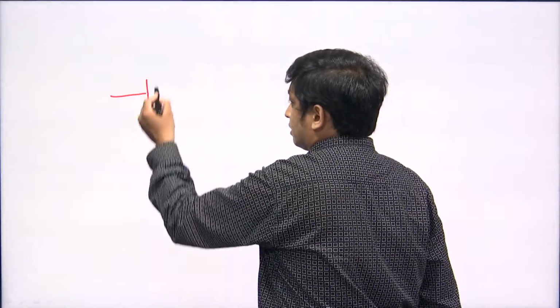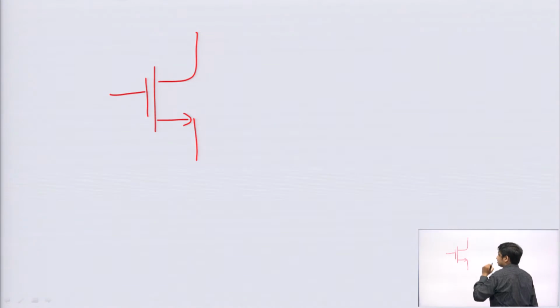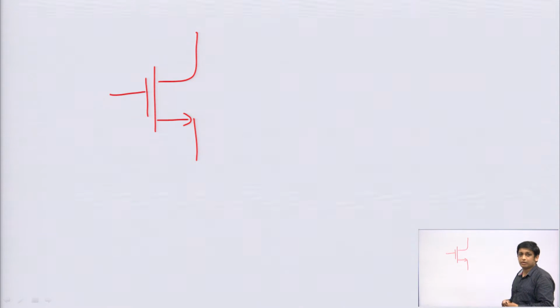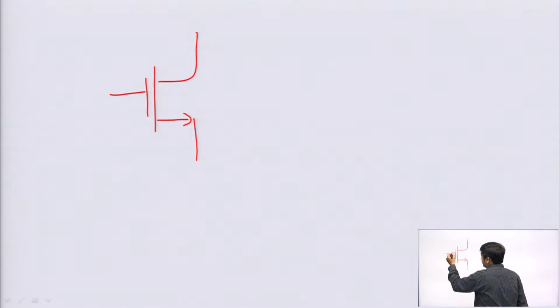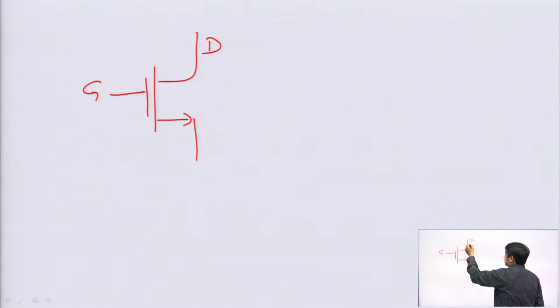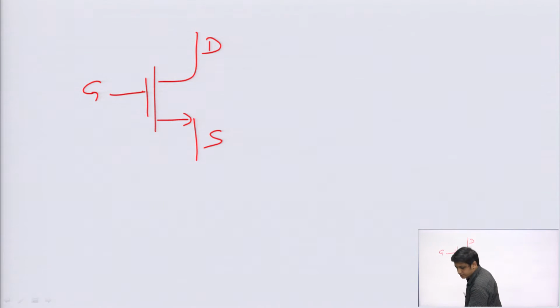The symbol of the MOSFET is this one. I am not going deep into that, because you have already studied these things in electronic devices, but we need to review the MOSFET, because we are going to design the circuits using MOSFET. We are going to design the analog circuit using this device that is called MOSFET. It has 3 terminals: gate, drain and source. The body is internally connected to the source, that is why we consider this MOSFET as a 3 terminal device.